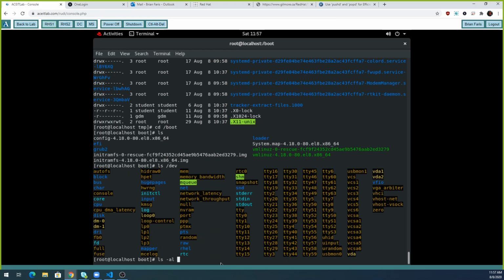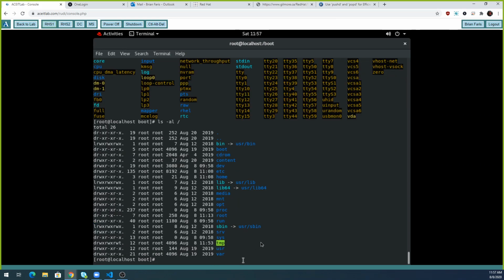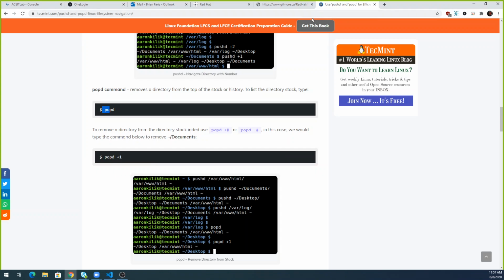ls -al root. Guys, I'm not going to go into this a lot, but